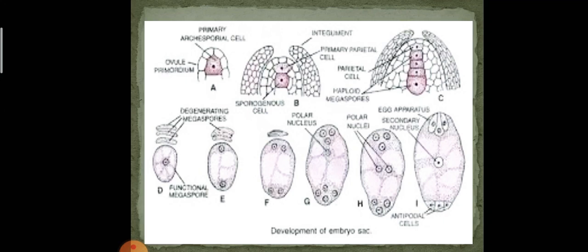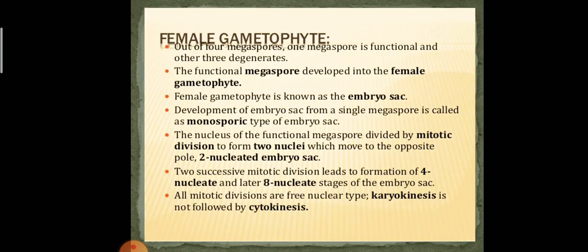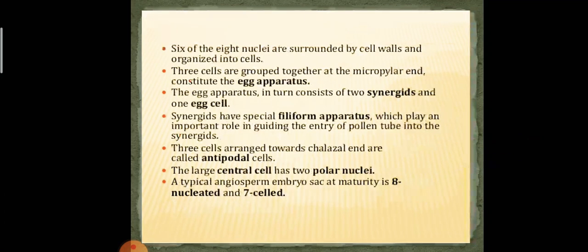So that female gametophyte basically consists of a typical embryo sac having a 7 celled and 8 nucleated structure. And how that 8 nucleated structure is formed, you know through this overall scenario by a diagrammatic representation. But at the end we can observe a monosporic, endosporic, polygonum type of embryo sac which has a 7 celled and 8 nucleated structure.